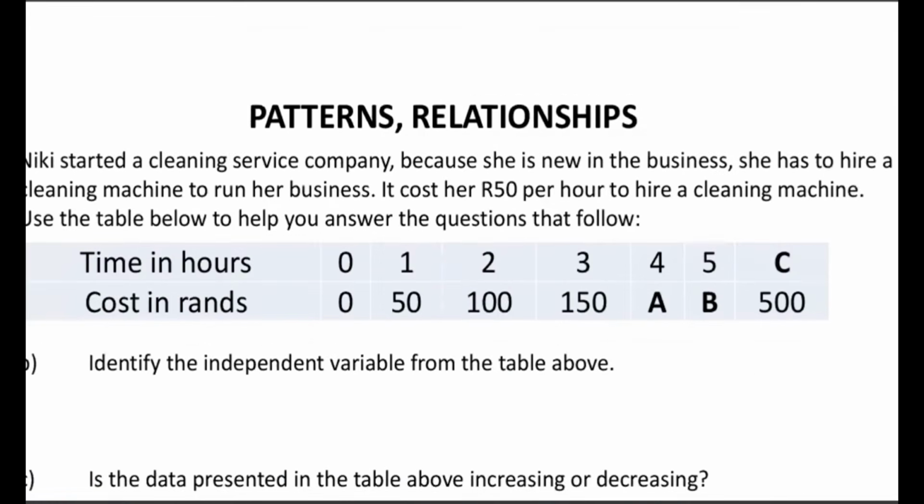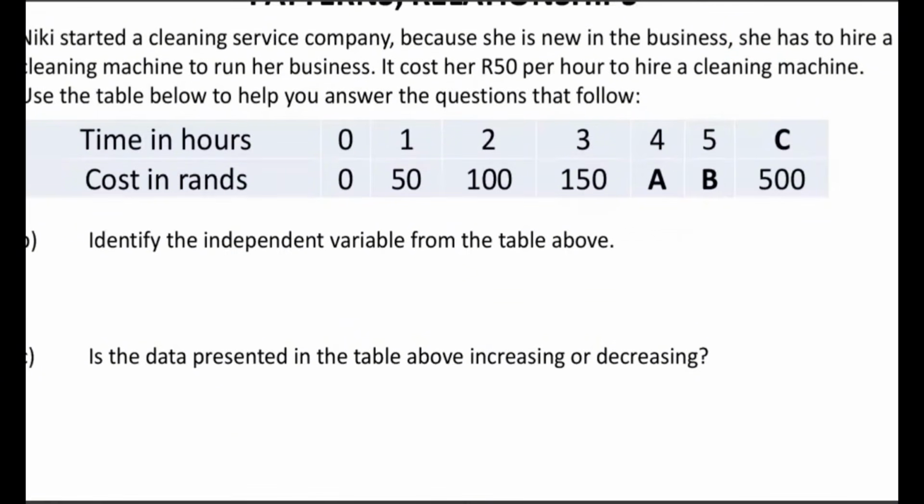Let's see. Nikki started a cleaning service company. Okay, we are doing the same. So we've seen that this is 200, we said this is 250, and this C is 10. They're asking us, identify the independent variable from the above. Independent, what does it mean? The value we need to determine the other. For example here, we need time